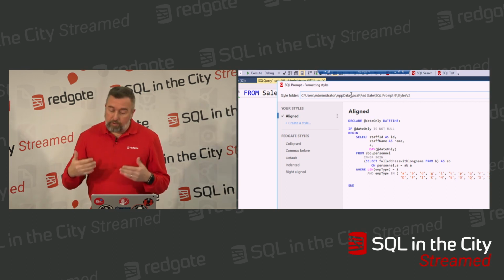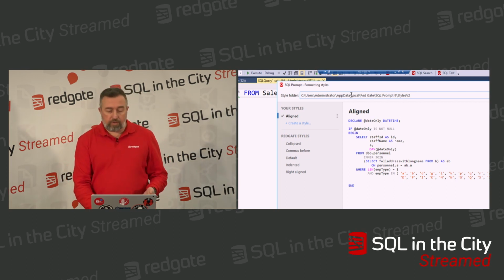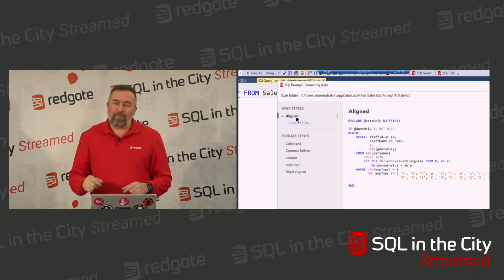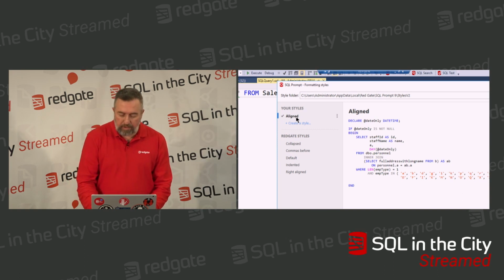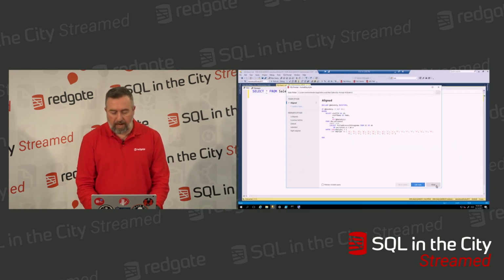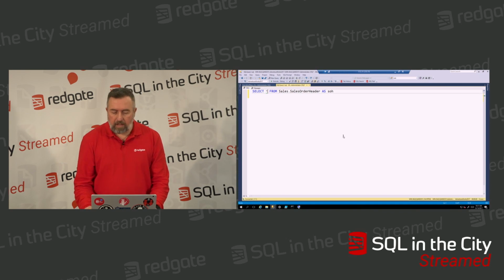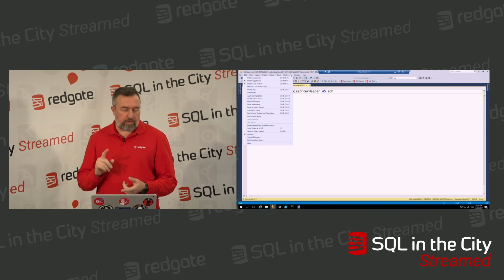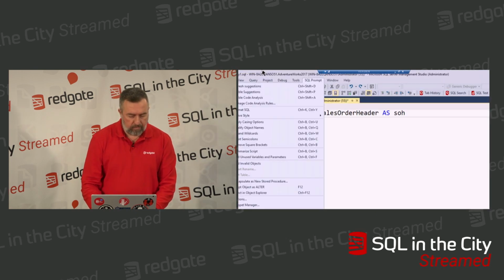So that way, if you do want those commas before, you can do those commas before, right? There it is. It's horrific, makes me want to cry. I much prefer my normal standard, but you can go either way on that. So you can get what you need done. And yeah, I pick on commas just because it's funny.